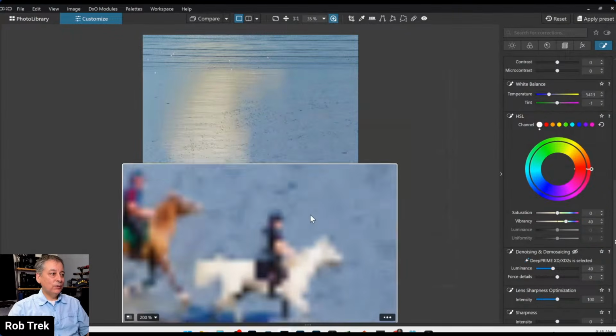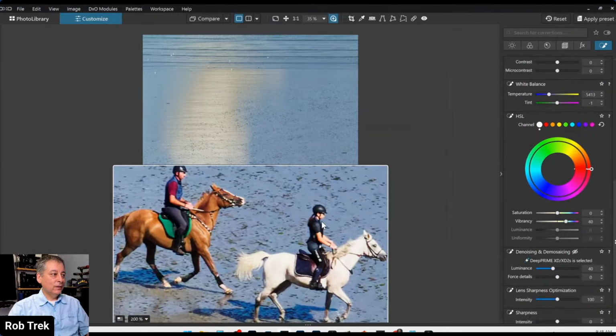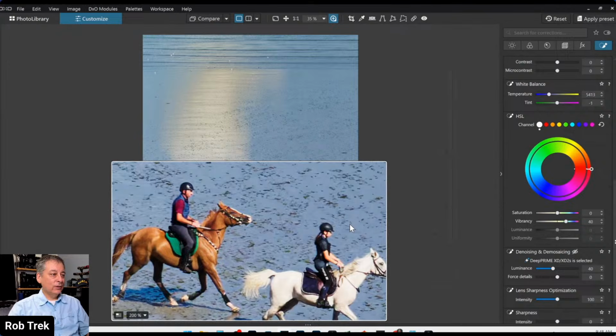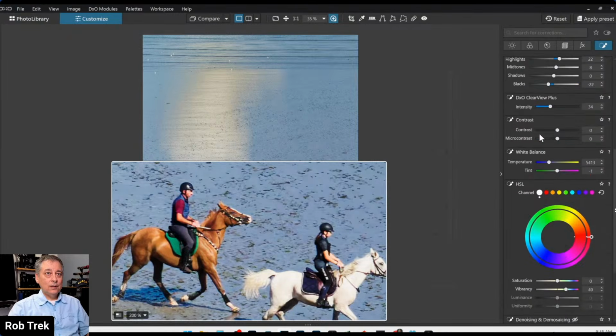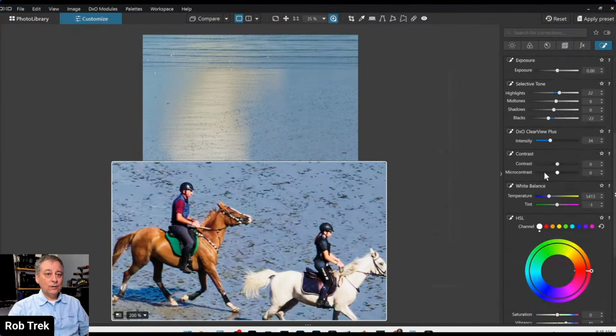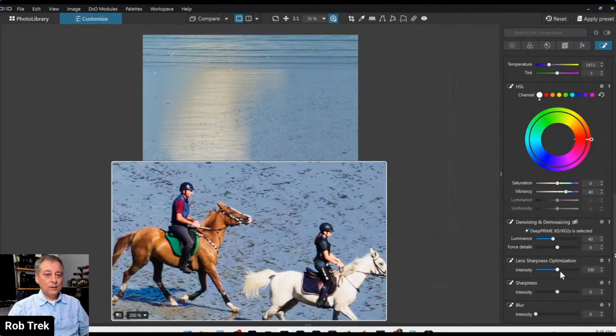So maybe I'll just do a quick loupe tool on the riders here. And yeah, I think they look as good as you can get it. I can maybe do a tiny bit of sharpening. Let's see, I'm still on the control point. Let's see if I can just sharpen them up a bit. Okay,